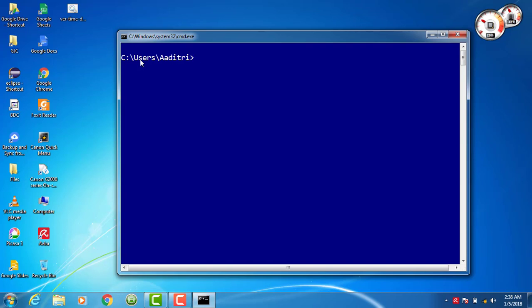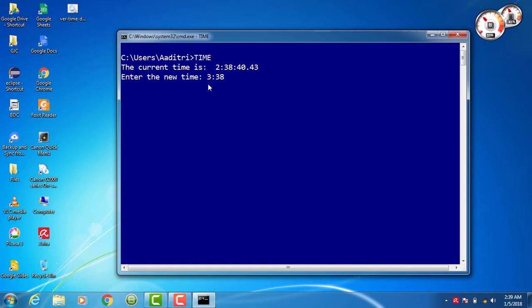So if I write time, the time command will show us the current time, and there will also be an option available to reset the time. It is showing us the time in 24 hours format. Here it is the hours, then the minutes, then the seconds. So we can change the time. If you think that the time is not correct, then you can change it. Like if you want to make it 1 hour ahead, then it's